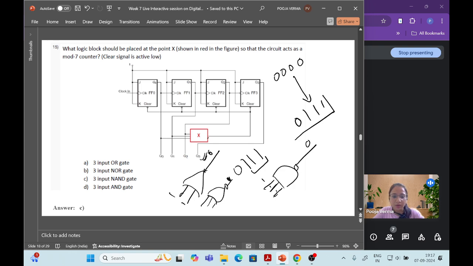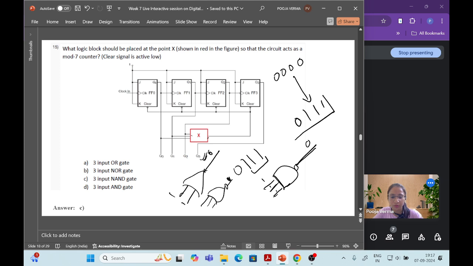But in the case of NAND gate, when these three inputs or two inputs are high, it will produce the 0 output. So when Q0, Q1 and Q2 are connected here, that means when it acts as 0 1 1 1, that will clear. So NAND gate is the best option to produce a 0,